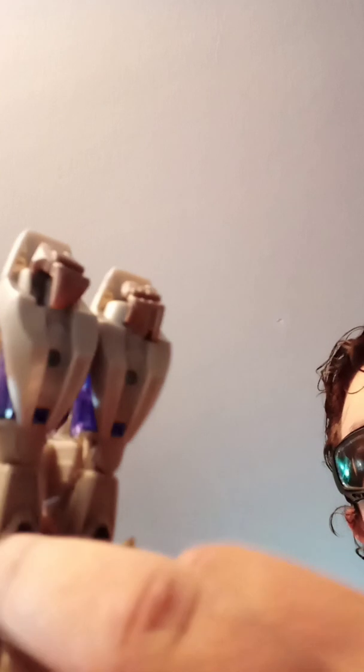Just garbage camera angles this time. Alright, and I got this bit into that peg bit right there. So now,